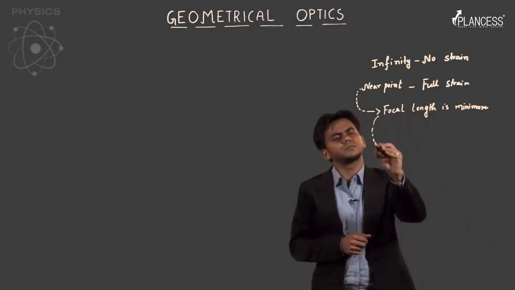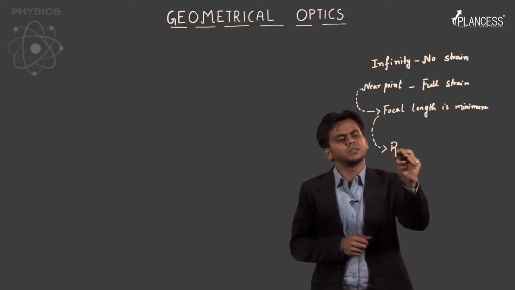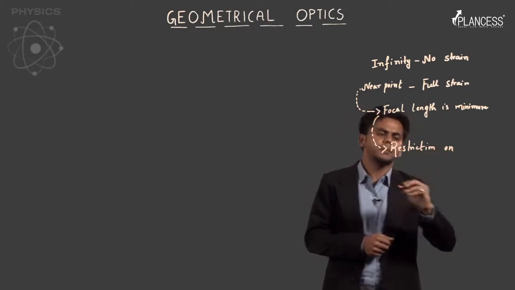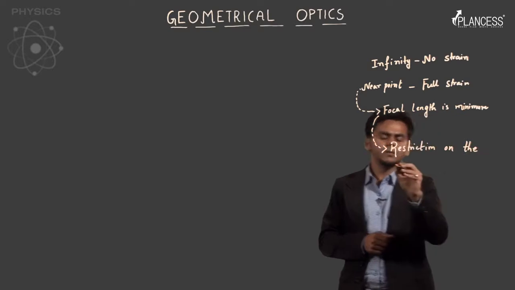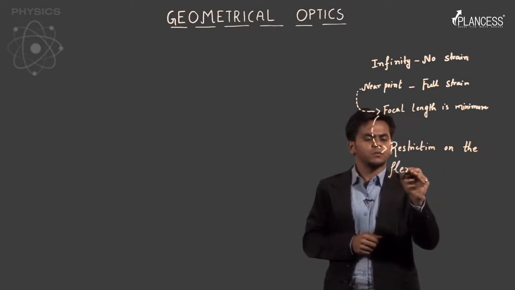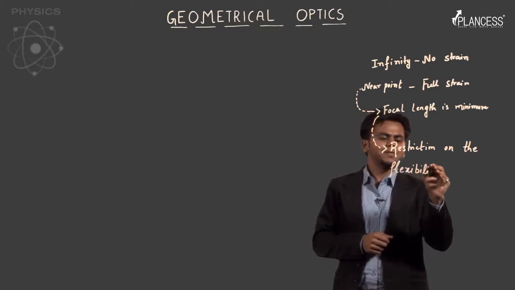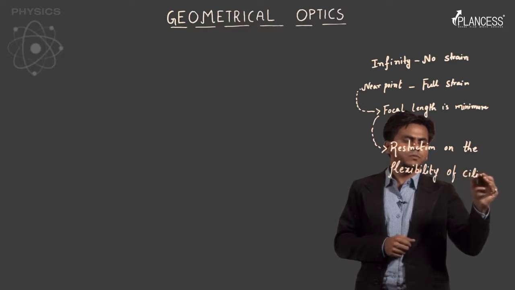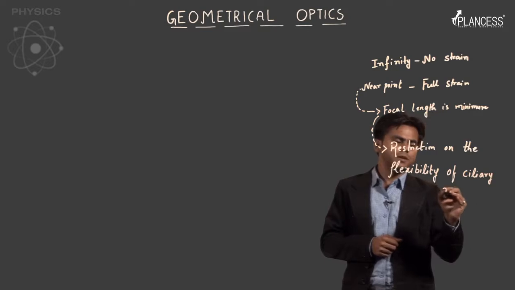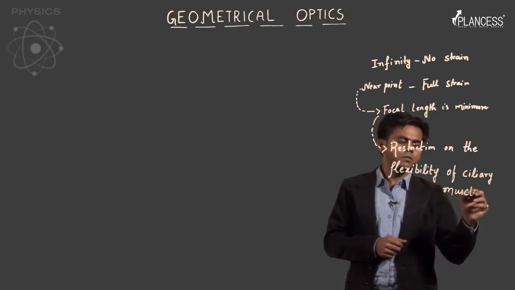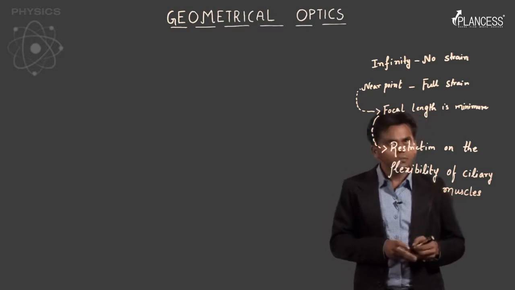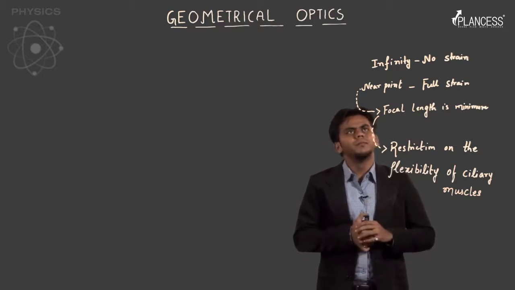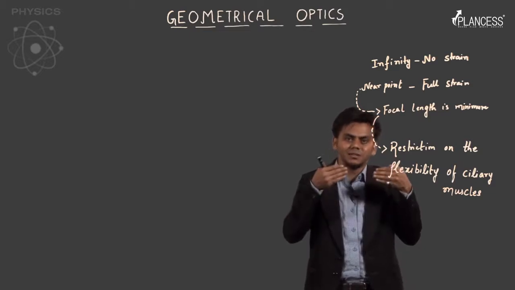This is because of restriction on the flexibility of ciliary muscles, which means a normal person should see everything between near point to infinity, but not before the near point,